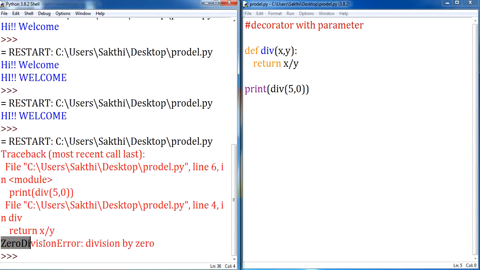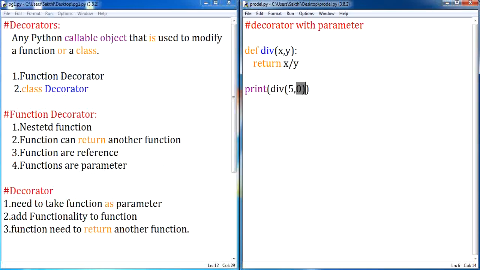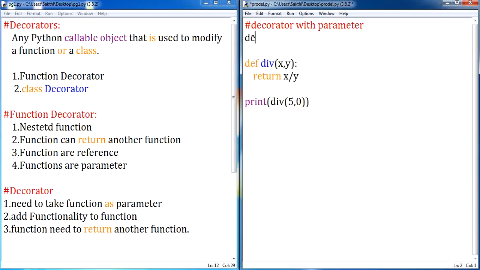Clear? If you want to handle this, whenever a denominator value is 0, you want to throw some message like, give denominator value greater than 0, or give y value greater than 0. And those things can be done by using decorator. You're going to decorate this function by writing one more function. Let me give this function name of div decorate, and here I'm going to pass my reference, right? So let me have my function as fun,